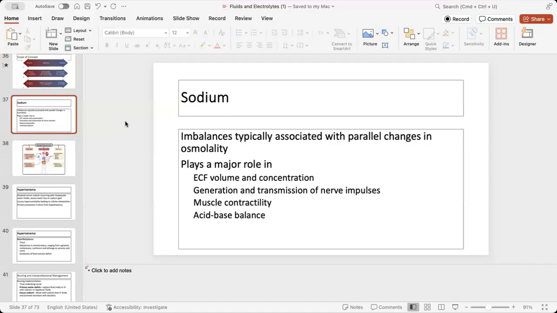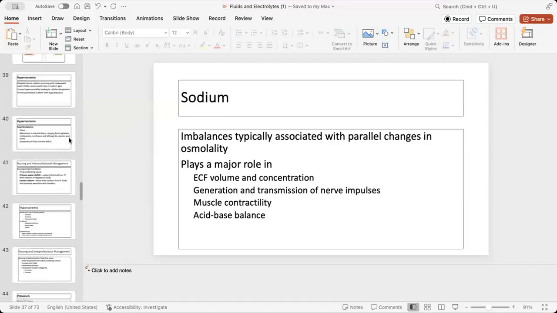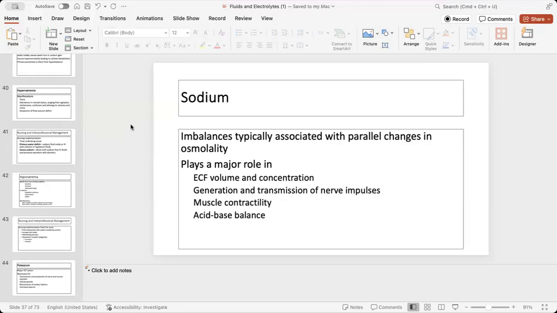What are some causes of hyponatremia? Diuretic use, good. Low sodium diet, good. So we could not take enough sodium in, or we could lose sodium, or we could take in too much water and dilute that sodium out, right? Patient who has heart failure, patient who has fluid overload, are they at risk for hyponatremia? Okay. Water intoxication, right? Taking in too much fluid.